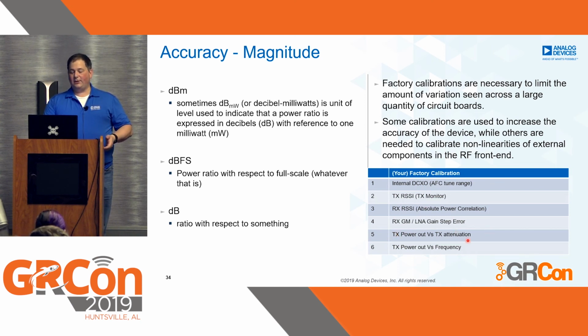So whether it's TX power or TX power versus frequency, or LNA step gain, or RSSI on the transmit or the receive side, or even the accuracy of the clock, all of these things can be calibrated, can be corrected, but typically just nobody wants to pay for it unless you are buying something from a National Instruments or Rohde & Schwarz or Tektronix or those kinds of things, where you actually have a calibration sticker on it.